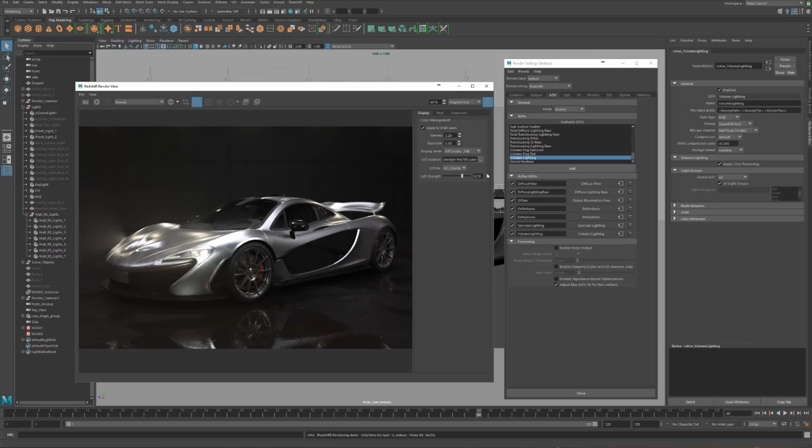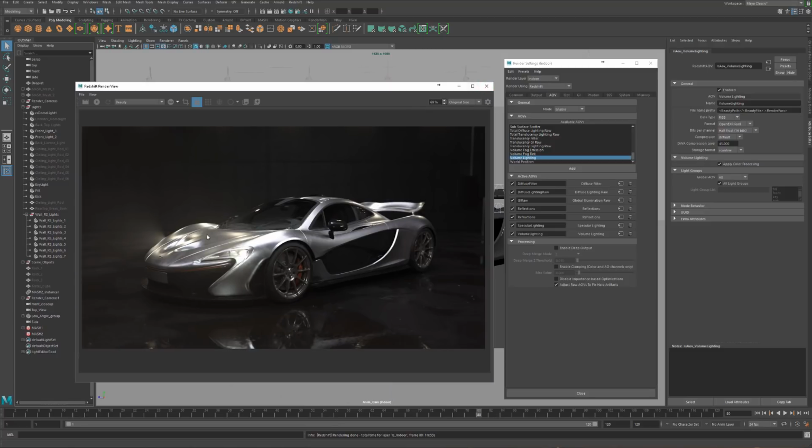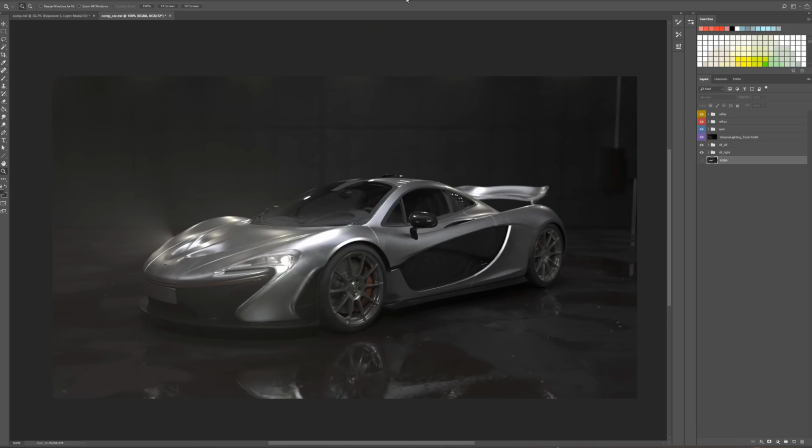This is only for preview purposes. You can't bake out an EXR and composite it and have this information baked in. If you just want to save out a flat image with your LUT, all you've got to do is save it out as a PNG or an 8-bit or a 16-bit format. But 32-bit formats like EXRs, you can't bake this in. So keep that in mind. It's only for preview. And so let's get back to